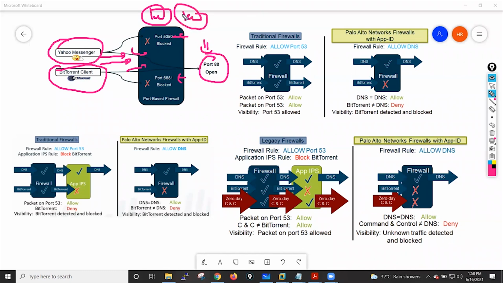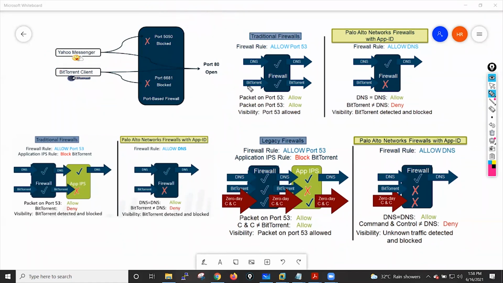This is for legacy firewalls. Legacy firewalls inspect the traffic on the layer 3 and layer 4 information. But in case of Palo Alto, let's suppose we have allowed the DNS traffic, and let's say BitTorrent also starts using the DNS UDP